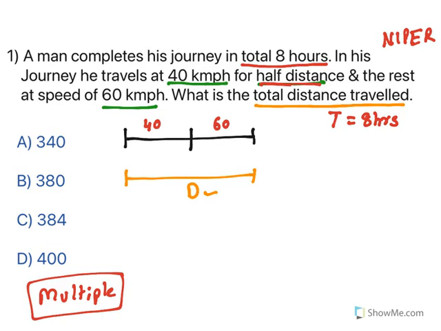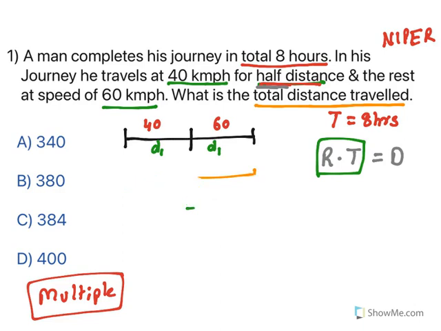Again, the fundamental principle, as I told you: rate multiplied by time gives you distance. Now let us see how we can do this. In the question, this one is important: half distance. What does it mean? That means this one is the same as this one. Both of them are the same. This is d, small d. Both of them are the same, and when you add the small d's, you will get the total distance. So when distance is the same, what happens? R and T also become the same.